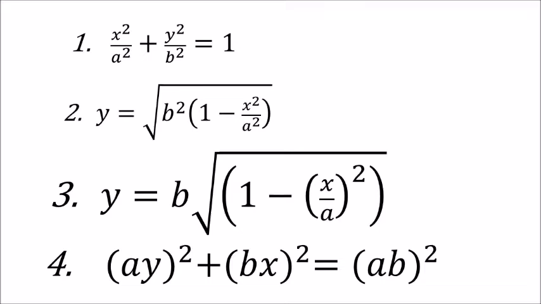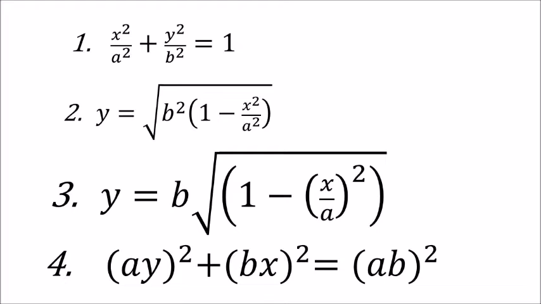Now the fourth equation is also the same equation for the ellipse that we started out with. So all of these are the same equations. They're just expressed in different ways. And with number 4, we satisfy something that we said was a goal in our previous work, and that is to mix the two circles and create an ellipse. And equation number 4 jumps right into the fray of that. This is a mixture of two circles, one with radius A and the other with radius B, and see how the numbers are